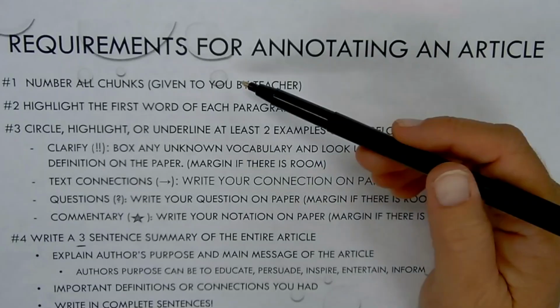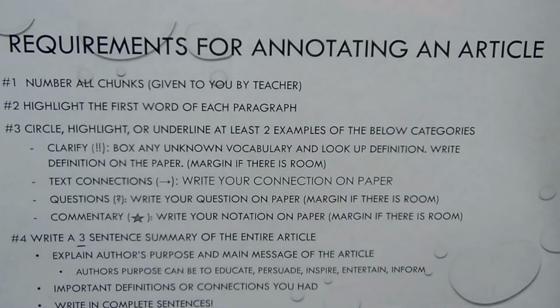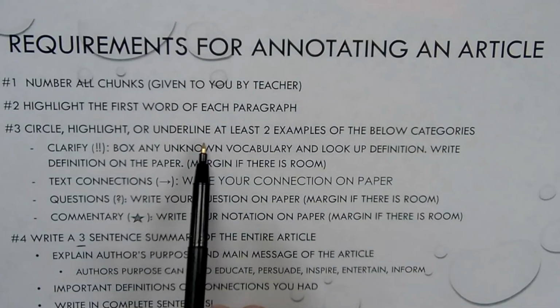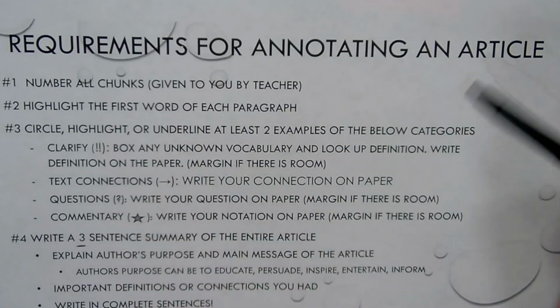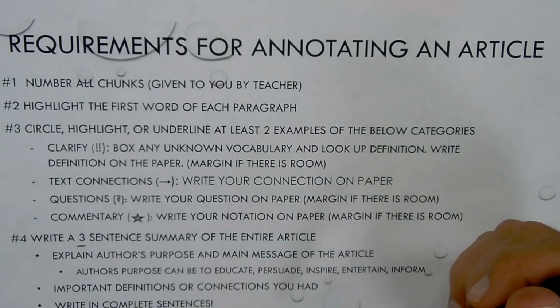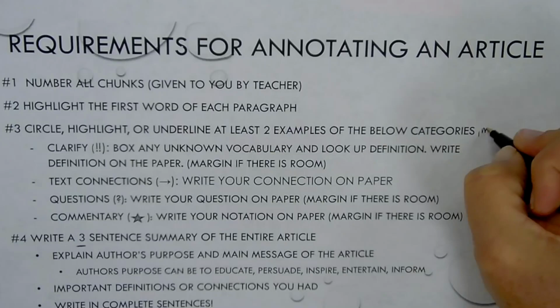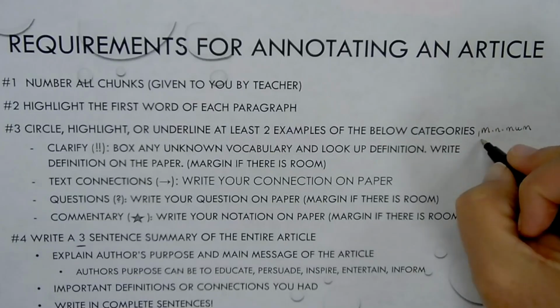The second thing you're going to do is highlight the first word of each paragraph. The third thing you're going to do is, as you read, you're going to circle, highlight, or underline at least 2 examples of the below categories. So the 4 categories you can choose from is clarify, okay? And the minimum, I forgot to put this on here, the minimum is 2 categories